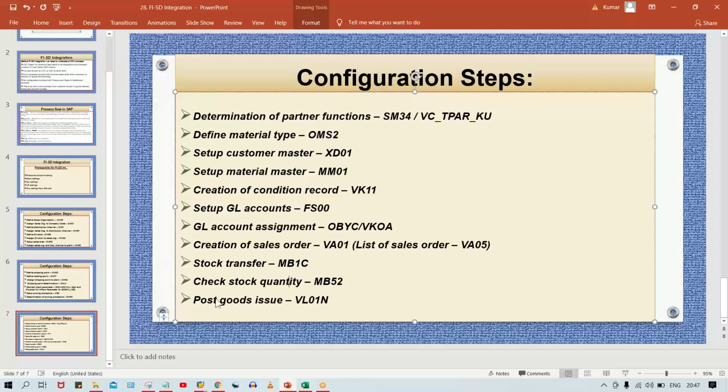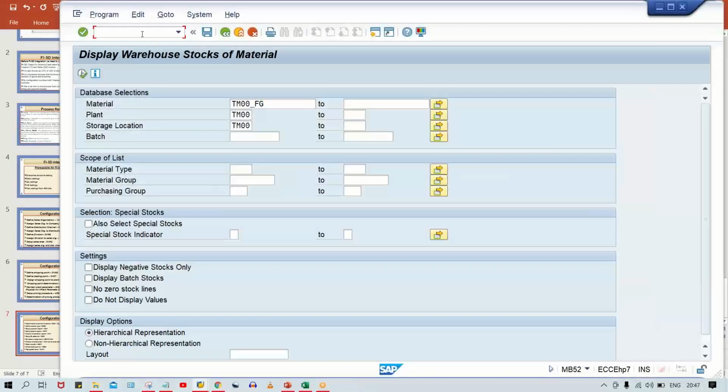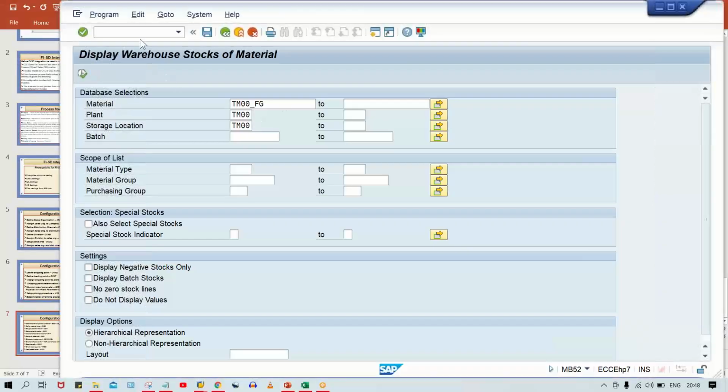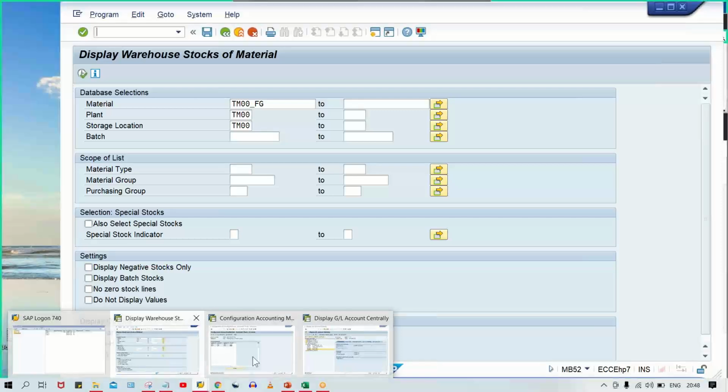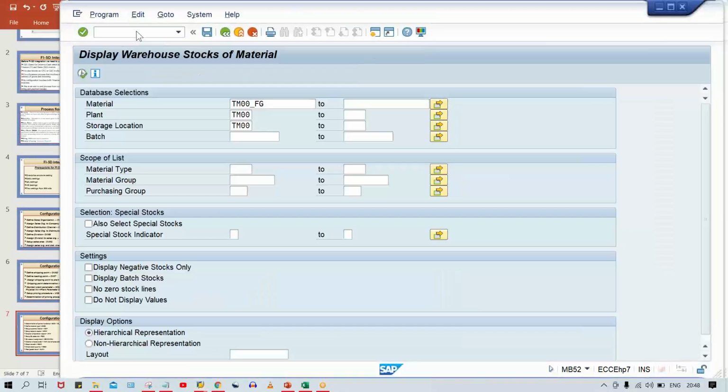Okay, now we are going to issue the goods because stock is now available. So use VL01A and let me check whether any error is there or not. So now, goods issue, right? If you are going to issue the goods, then what will happen, guys? Your raw material, stock of finished goods is going to be credited and the offsetting GL, COGS, is going to be debited. That is also coming from GBB itself, and against valuation grouping code, here it is general modifier, that is VAX. You just do one thing, go to